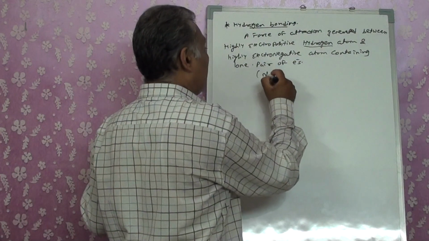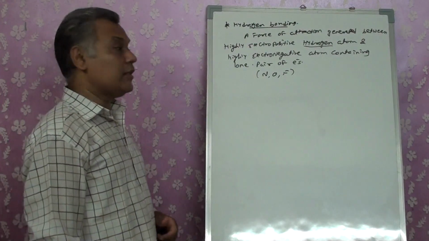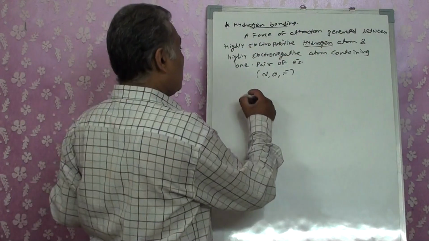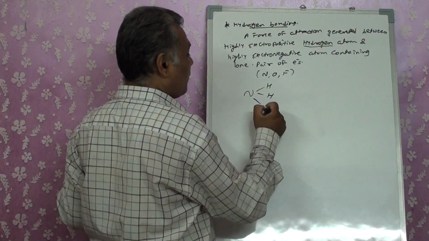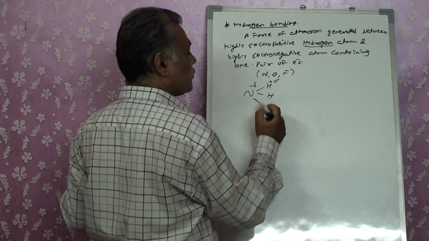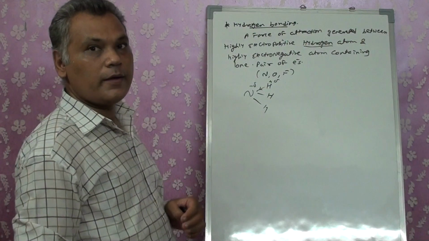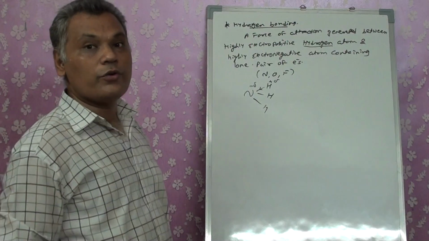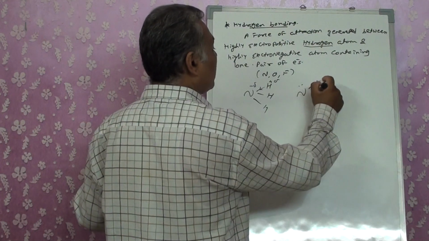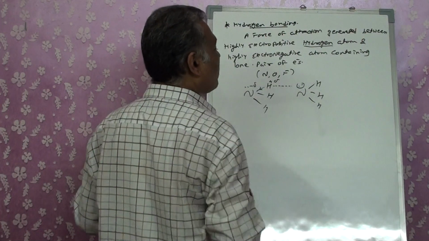more than that, NOF. 3 of them can form this type of hydrogen bonding. This is because when hydrogen and nitrogen are bonded with one another, NH, if I am putting it as an NH3, what happens? This is more electronegative, this is more electropositive, so electron is more shifted towards it, so it becomes positively charged, right? So this will try to neutralize itself. To neutralize itself, what it will do? It will go to another NH3 molecule which is present with a lone pair on it. It will try to attract that lone pair.